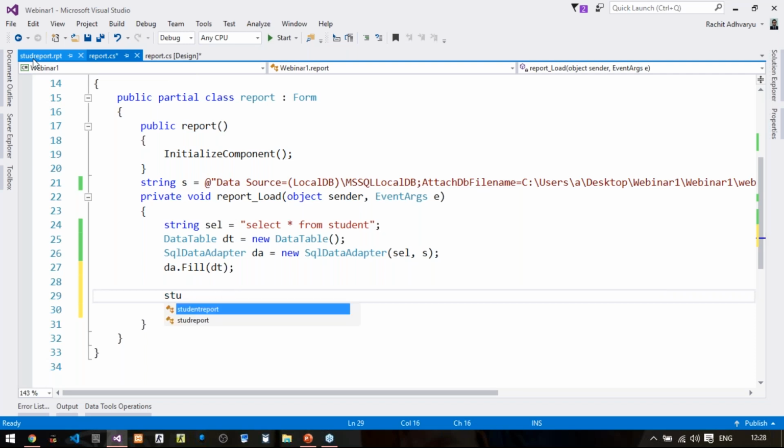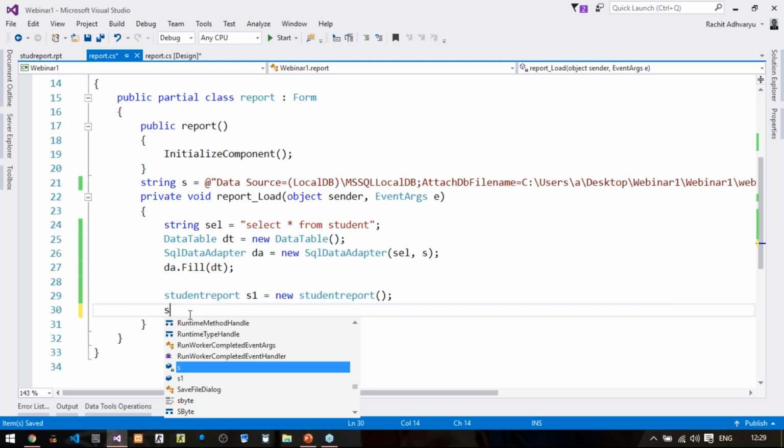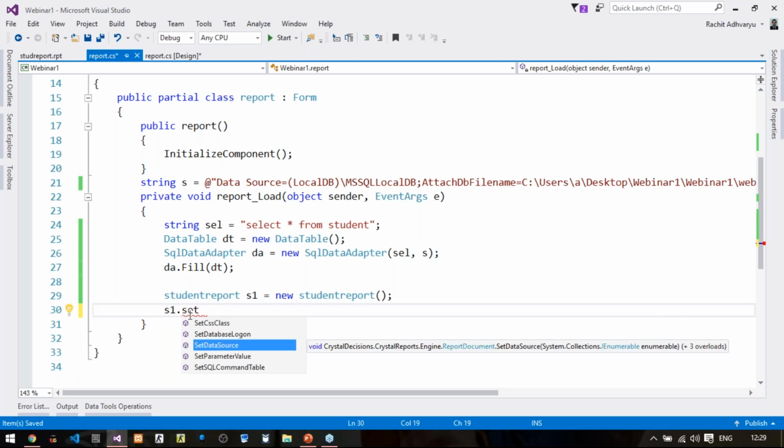That is, I have first created the object of Crystal report. I am again repeating, I have created an object of Crystal report. The next task is I will write s1, that is the object of Crystal report, dot SetDataSource. That means what data you want to show in this Crystal report. Which data I want to show? I want to show the data of this data table.